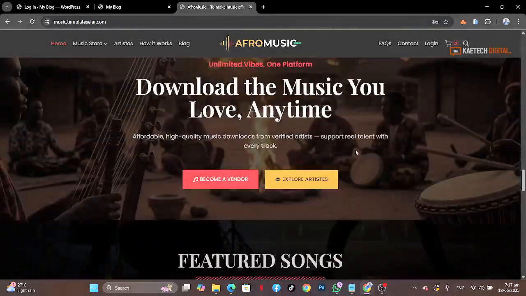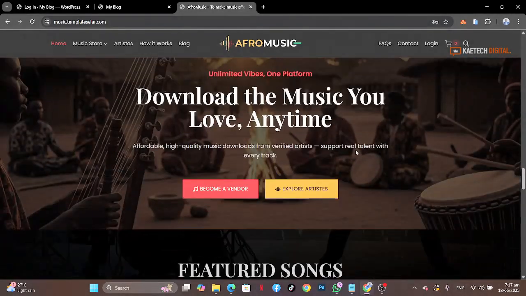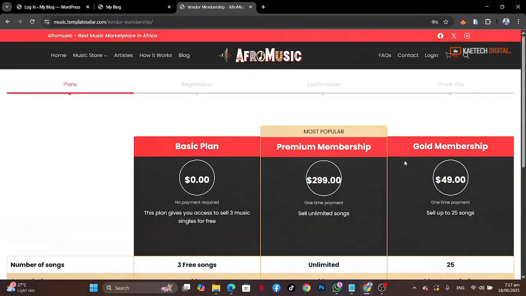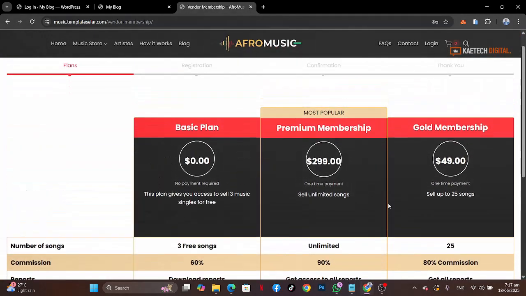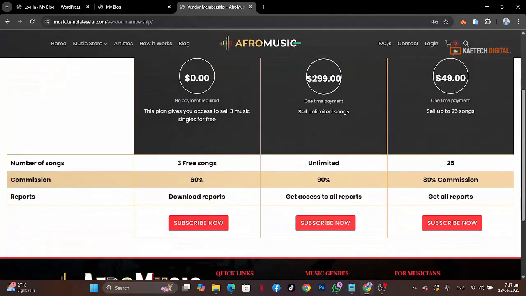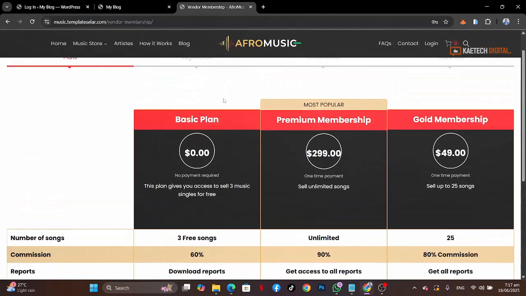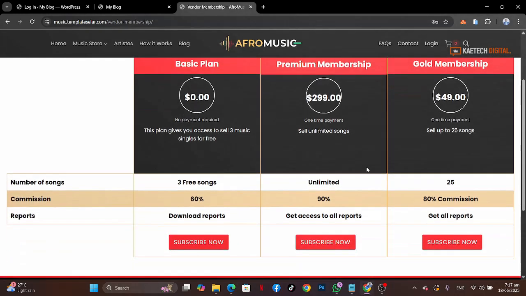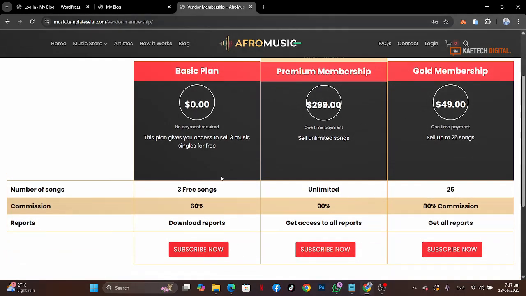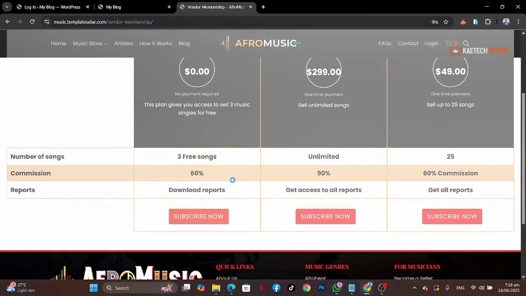So let's say you are an artist and then you come to the website and you want to just become a vendor or create your artist store. It's just simple. Just click over here and you can go ahead to see the membership plans that we have on the website. So as you can see, these are the membership plans that they have on the website. We have the basic plan, the premium membership, and then the gold membership also over here. So depending on what you can be able to afford, you choose the one. So I'm going to go with the basic plan. You can click on subscribe over here,